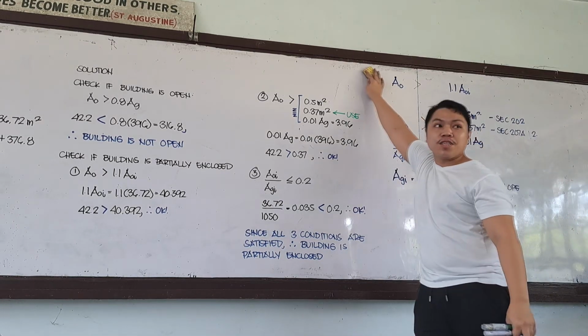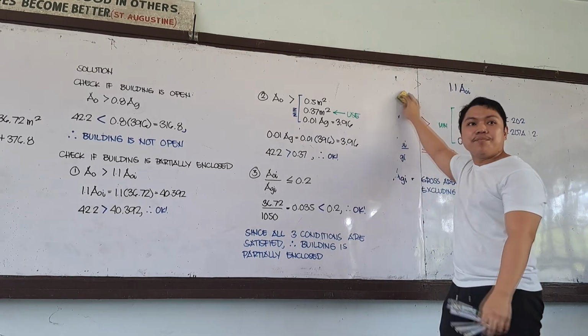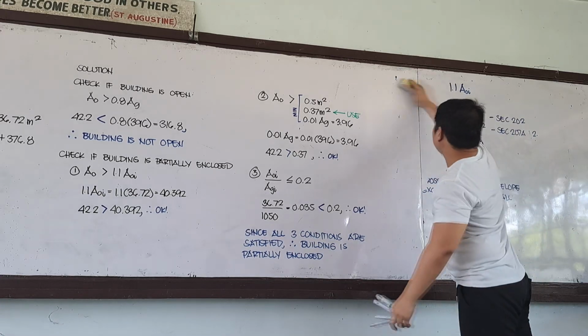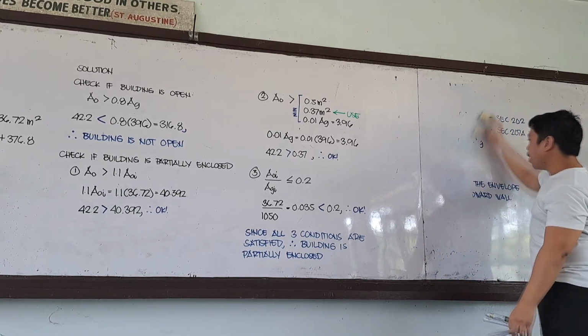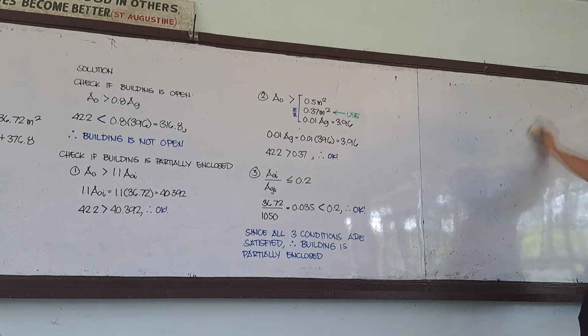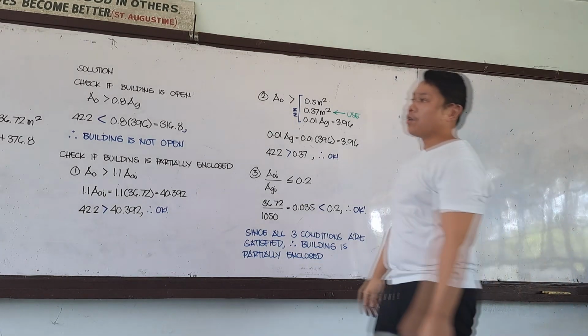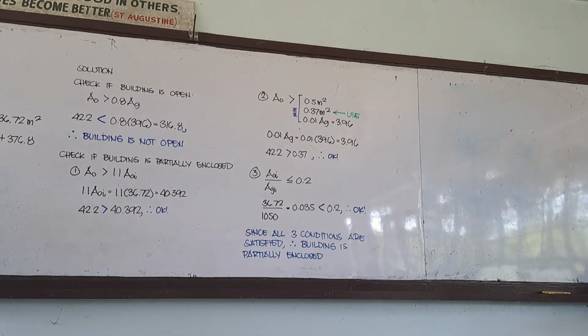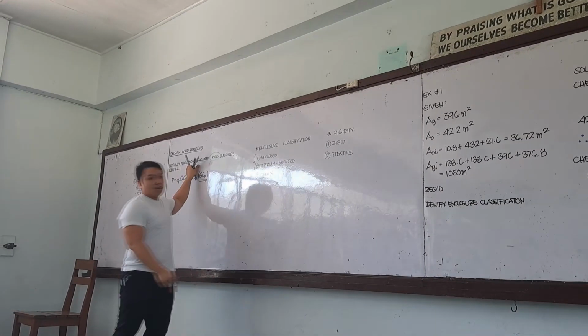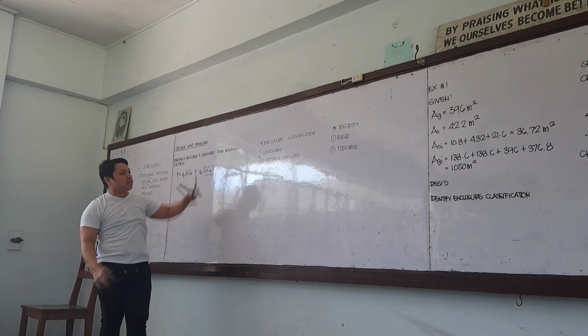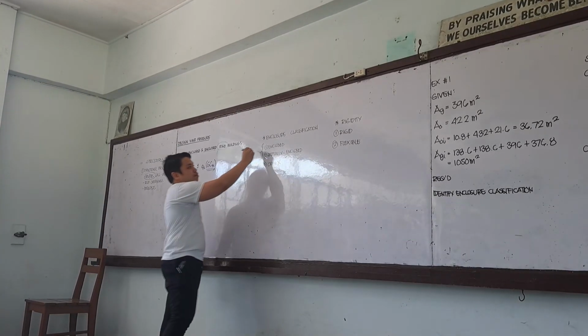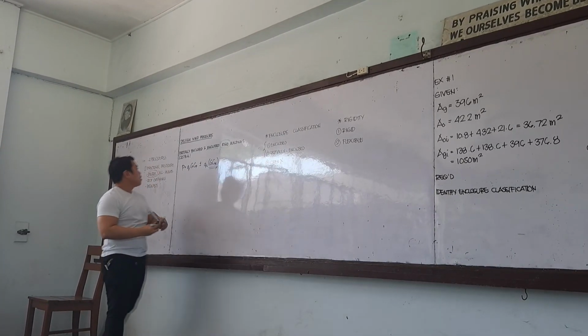Of course, the enclosure specification is our point 3, the minimum design loads. Okay, so now you are aware of how to classify if the building is open, partially enclosed, or enclosed. So you can now identify which type of formula or approach or method is specified in the code. Okay? So for our section